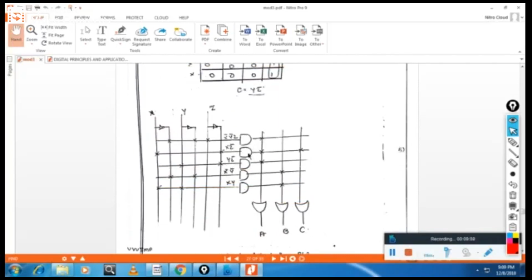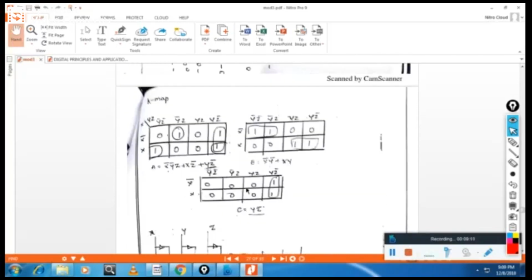And how many AND gates? 1, 2, 3, 4, 5. How will we come to know how many AND gates are required? You see here. X bar Y Z, one term. Second term is XZ bar. Third one is this one. Fourth one is this one.